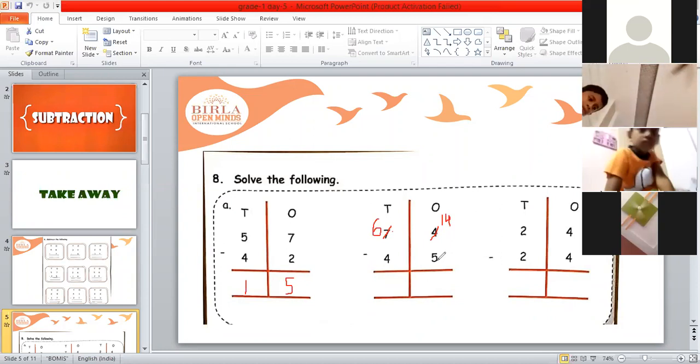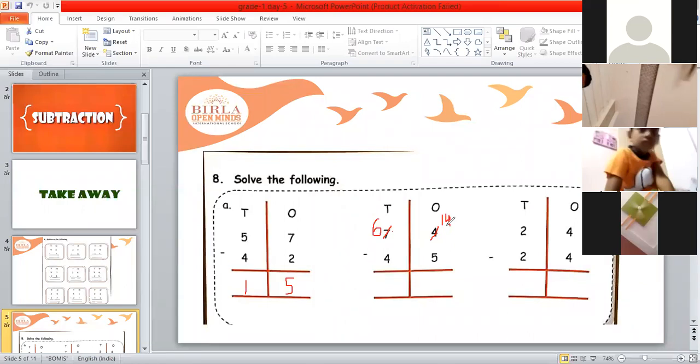If you look at the number in ones place carefully, children, you can see that now our first number is 14 and this is greater than 5. 14 is greater than 5. That's why we took borrow, just to make our first number greater than the second number. Now you cannot show this number 14 with your fingers, right? So what will you do? Start counting after 5 and count till 14.